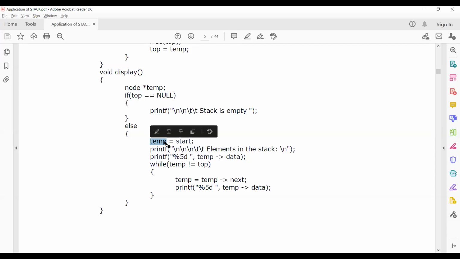What is the logic they are using? Temp not equal to null. So this is the other way. If it is equal to null, what happens? It comes out. Otherwise, it keeps printing the elements in the stack. So once you go through this, it will be easy. Guys, is it understood? Shall we close the class?